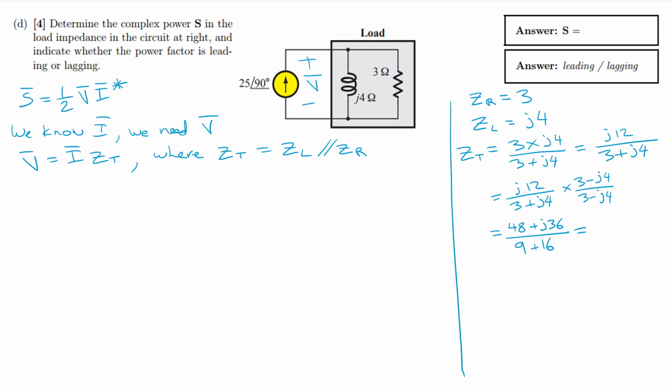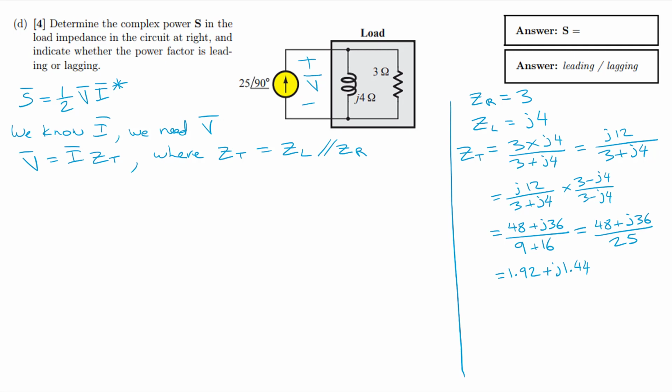That is going to equal 48 plus j36 divided by 25. Let's divide it out by 25. So we're going to have 1.92 plus j